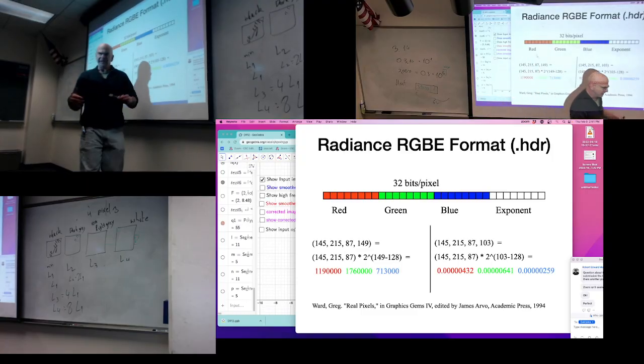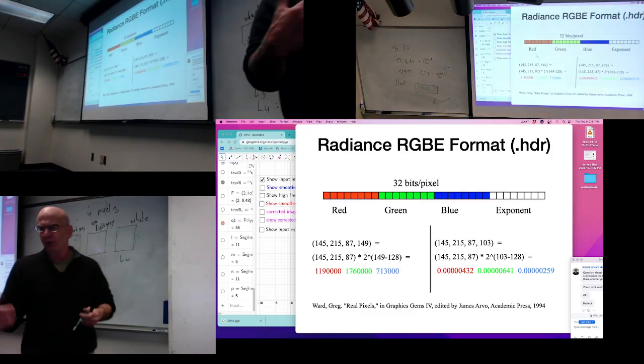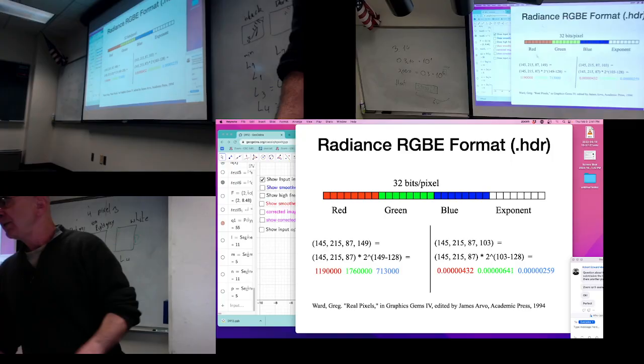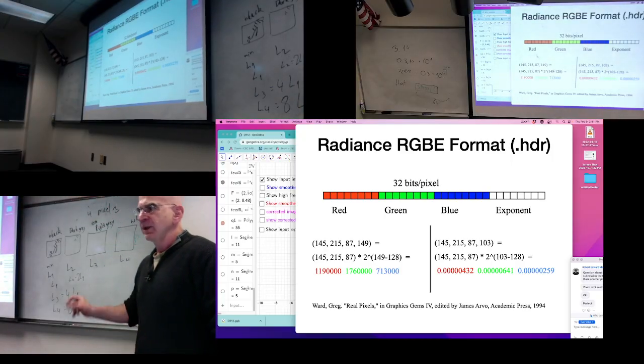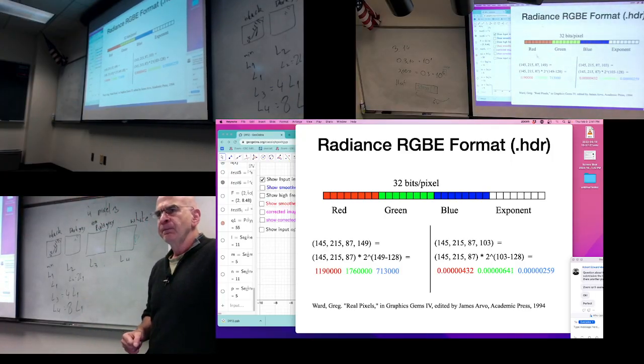All of it just in base 2. So you have a few bits for the exponent and a few bits for the float part, I think it's called. Okay, the same will work for a format of files called HDR files, surprise, surprise, except that